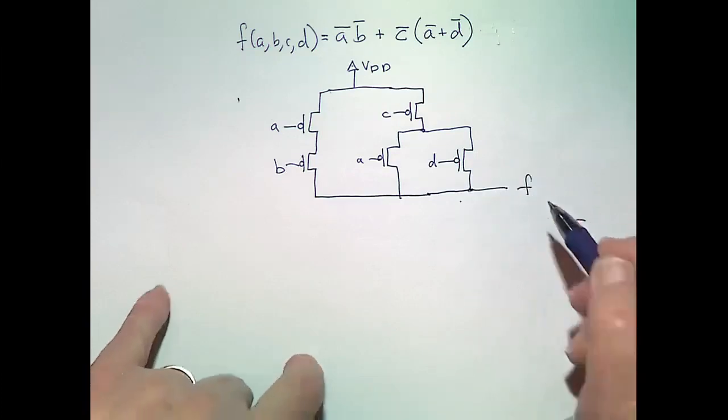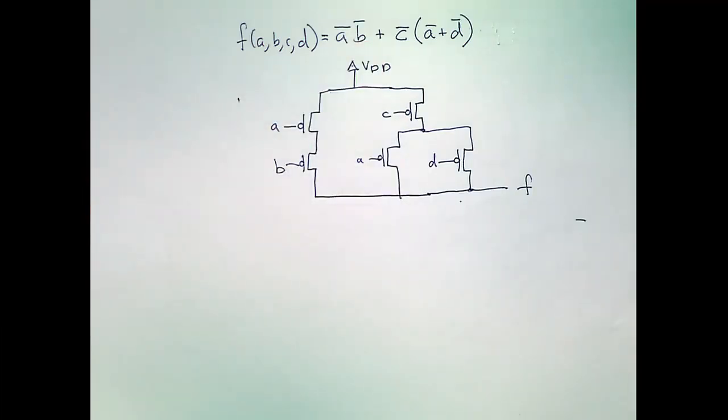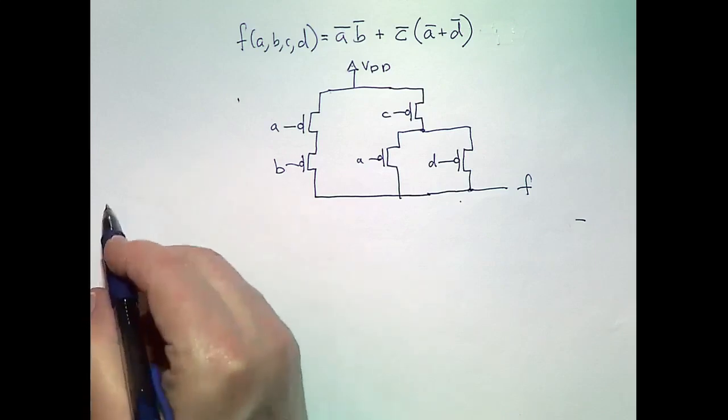So F will be 1, or it will be pulled up when F is supposed to be 1. But now we need to make sure that it's grounded when F is supposed to be 0. So we have to get the pull down function. How would you like to do that? What? Not everything. Okay, so we'll take